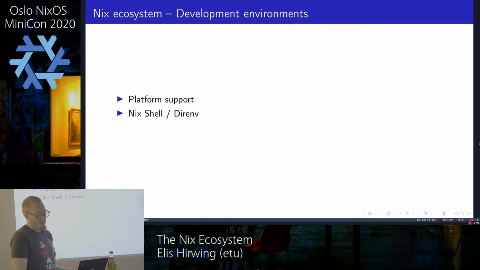Then we have development environments. Have any of you used direnv and Nix shell? Yeah, direnv is very nice. It's developed by a Nix guy. It's not specific to Nix. You create a file called .envrc, and you put it in a directory. And then in that file, you can run things like setting environment variables. And when you use a terminal or editor that happens to have support for direnv, you get those environment variables.